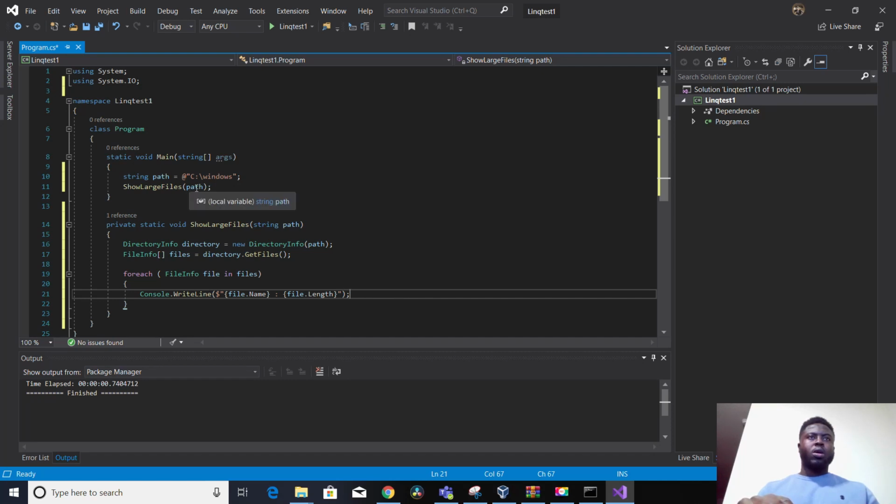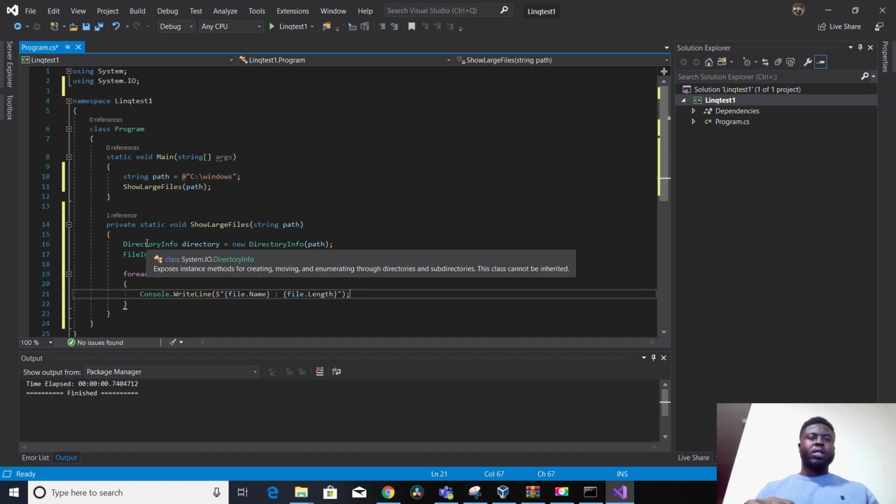And the path is a local variable there, and I just pass it into my private method, which is ShowLargeFiles, which is implemented right below the static Main. So the main method is going to call ShowLargeFiles. When it executes and reaches there, it's going to come to the private static void ShowLargeFiles, and it's going to pass in the